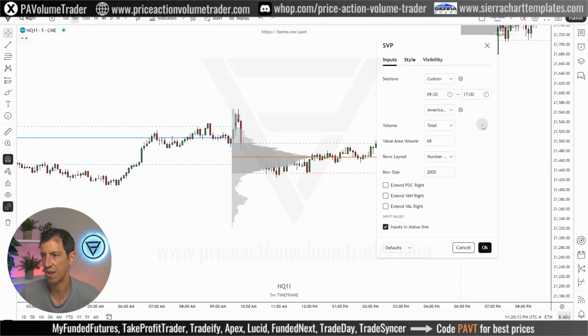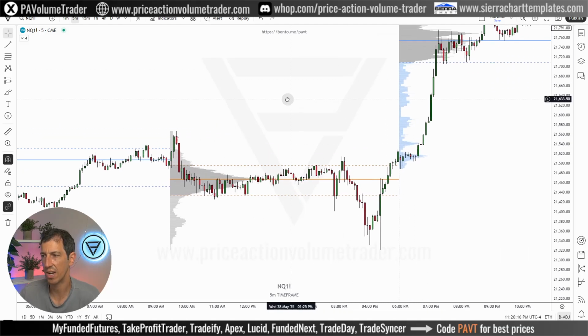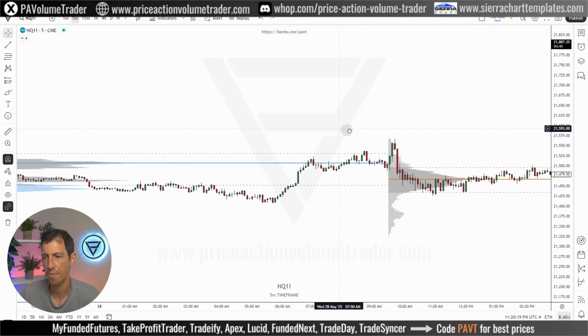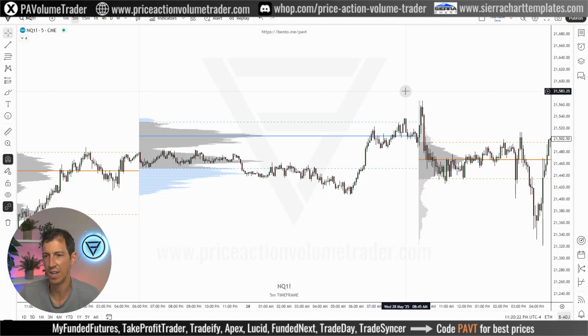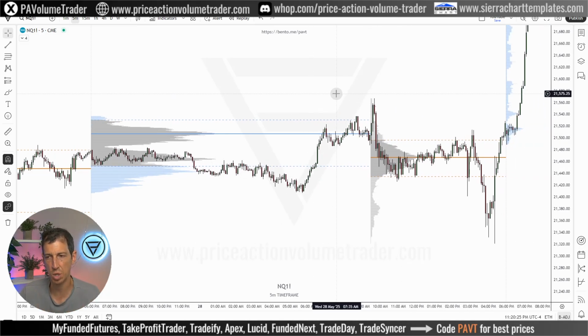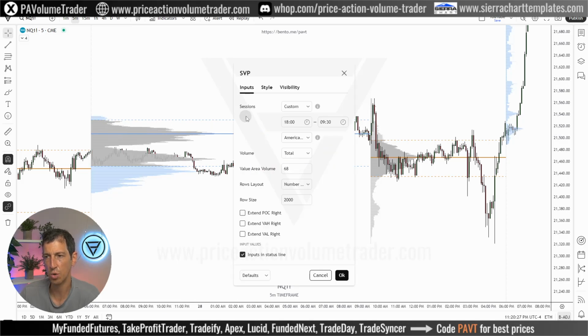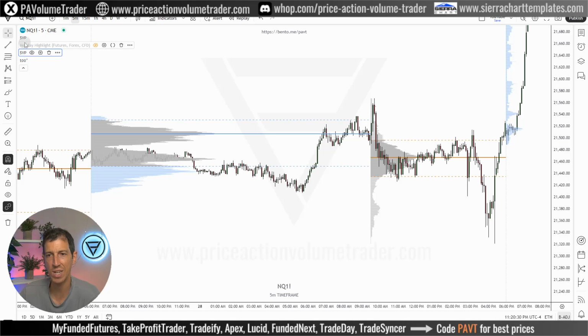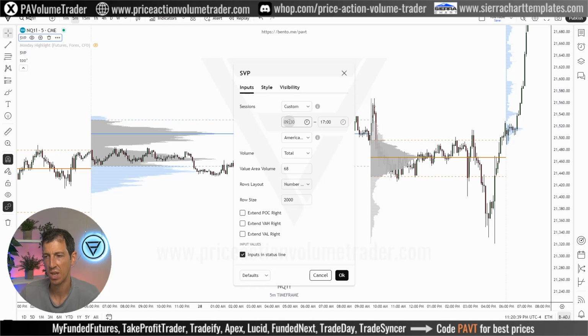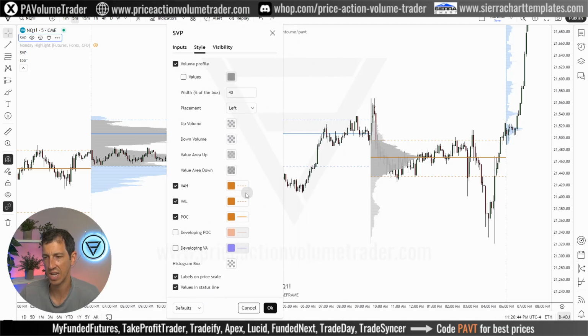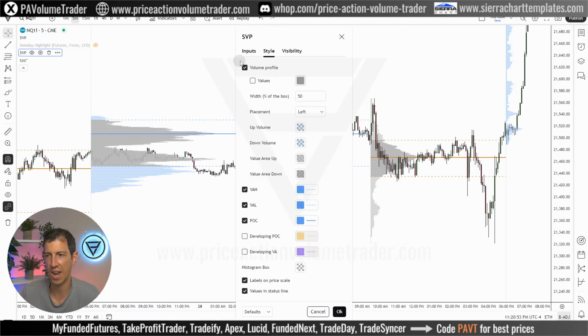And 68% value area. And again, when it comes to TradingView, there's no alternative to split the session profile into 2 automatically. So what I do is I apply the indicator twice, as you can see right here. 1, 2, and I just set each hours different. So this is regular hours, 9:30 to 5 o'clock over here. And you can see I have all my value area levels in orange, dark grays for the profile, and then for extended hours,